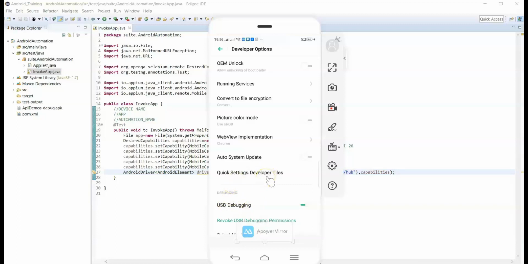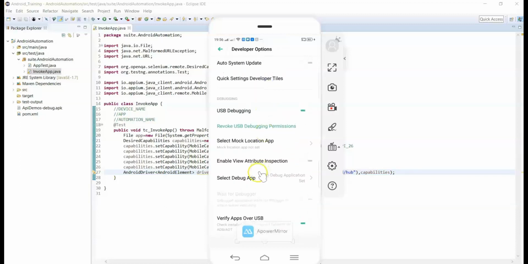So click on OK in the pop-up message. You can see that USB debugging has been enabled. So this is the setting which you need to set before running the test scripts in a real device. So this is the configuration required in order to run the scripts in a real device.